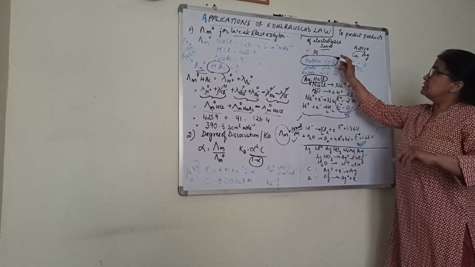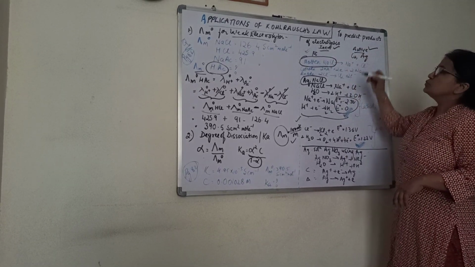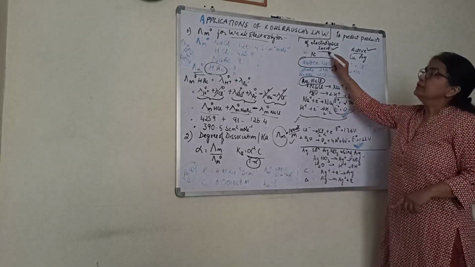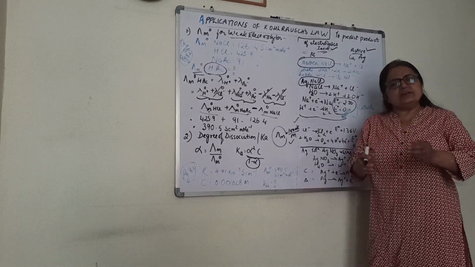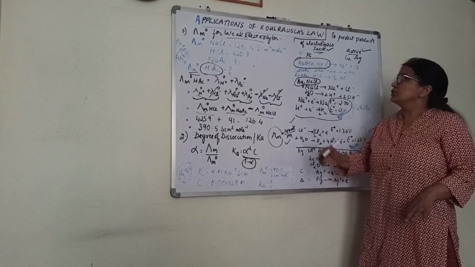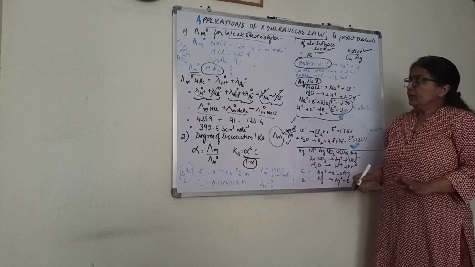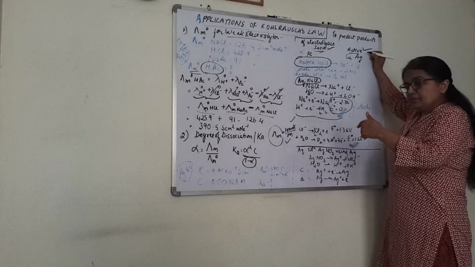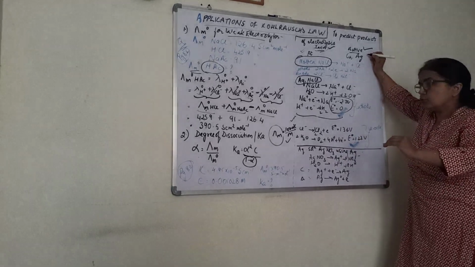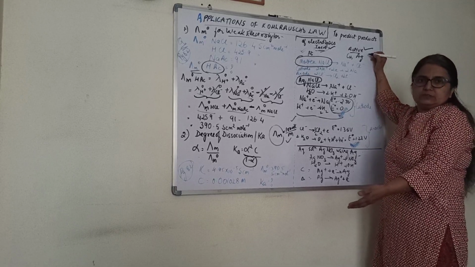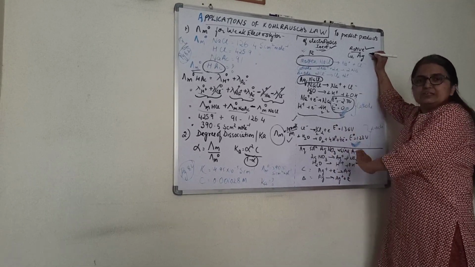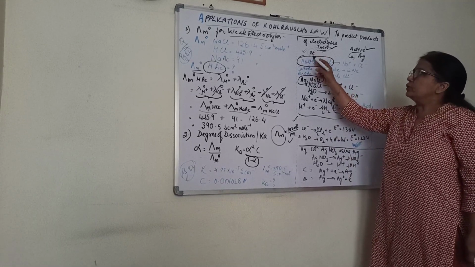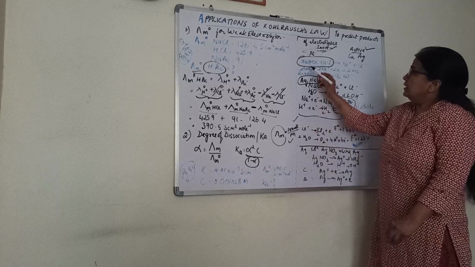That depends upon what are the electrodes we are using. If the electrode is inert, inert means the electrode itself does not take part in the reaction, like platinum, then it's easy to predict. If it is active, means the electrode itself is going to participate, then the case is different. We will discuss both the cases. First I am talking about platinum electrode, that is inert electrode.